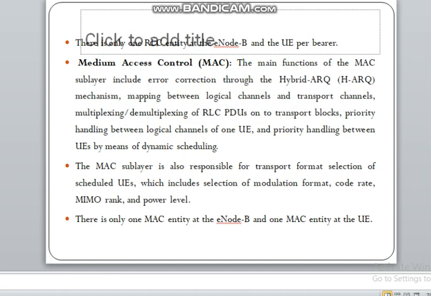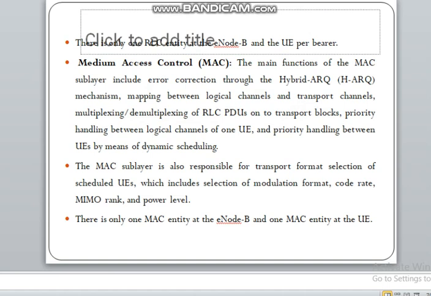We discussed that one. And next one is the medium access control, that's the MAC layer. The main functions of the MAC sublayer include error correction through the hybrid ARQ (HARQ) mechanism, mapping between logical channels and transport channels, multiplexing or demultiplexing of RLC PDUs onto transport blocks, priority handling between logical channels of one UE, and priority handling between UEs by means of dynamic scheduling. These are all the features of the medium access control MAC layer.